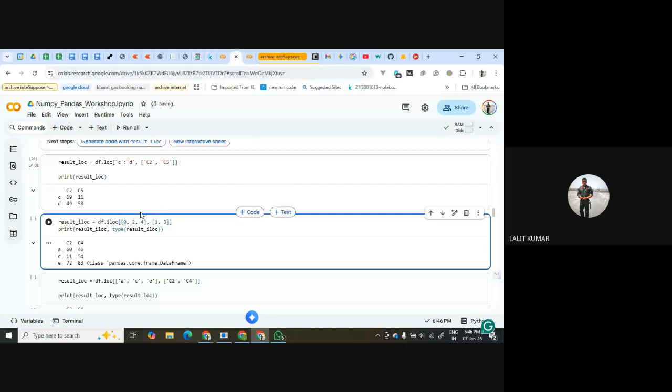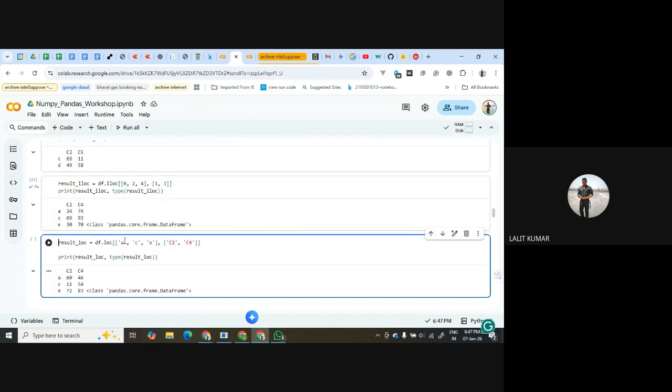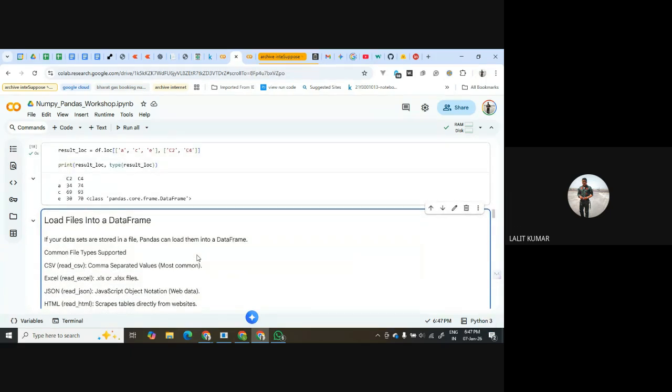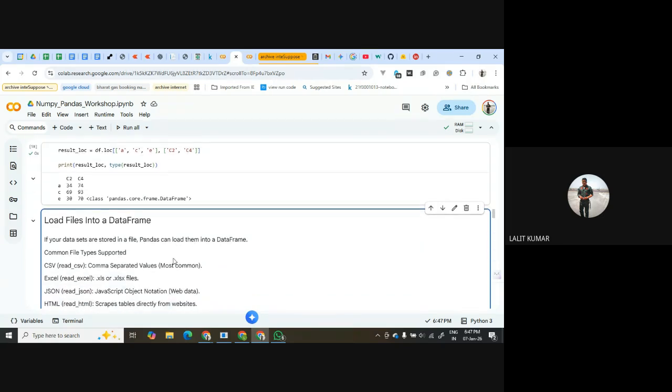Okay. Similarly, for example, you want to do 0 to 4 iloc. So it will take first row, third row, fifth row, and you're giving column 1 and 3. So 1 means column 2 and this column 4. Okay, same thing we can do by using loc also. So this is the power of loc and iloc. So please remember this, loc and iloc, it is an important concept.